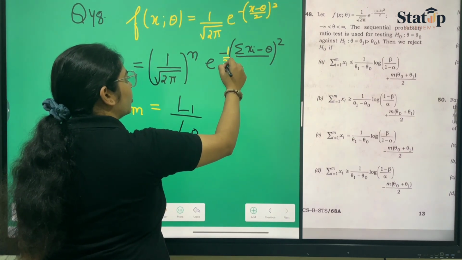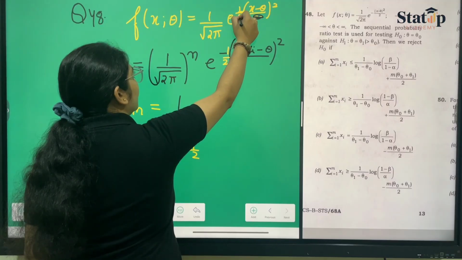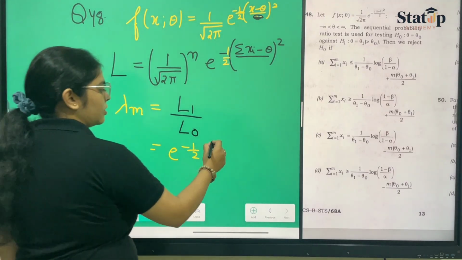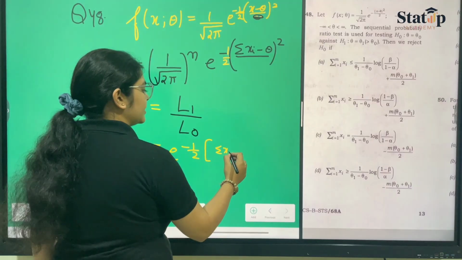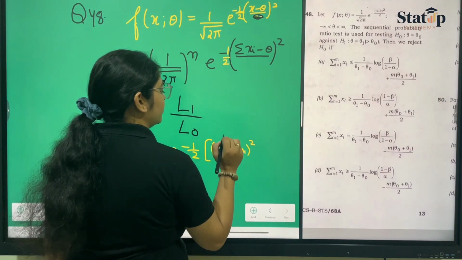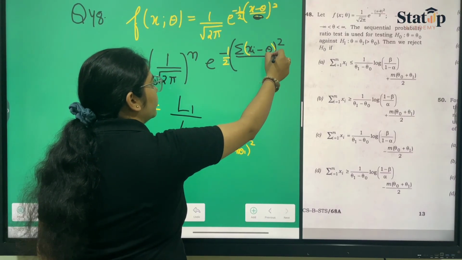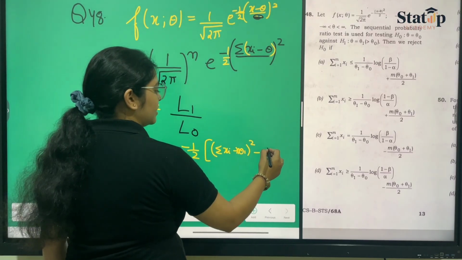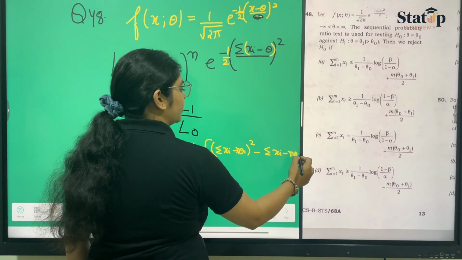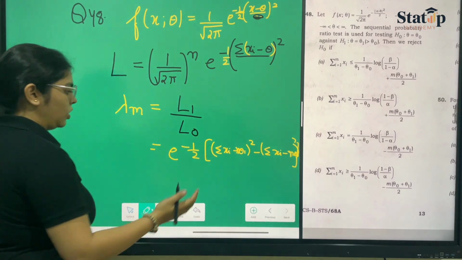Let us keep 2 outside because 2 is not under the square. Okay, so 1 by 2 summation xi minus theta 1 whole square, or we can write n theta 1. Summation is all over this, minus summation xi minus n theta naught whole square. And on solving this,